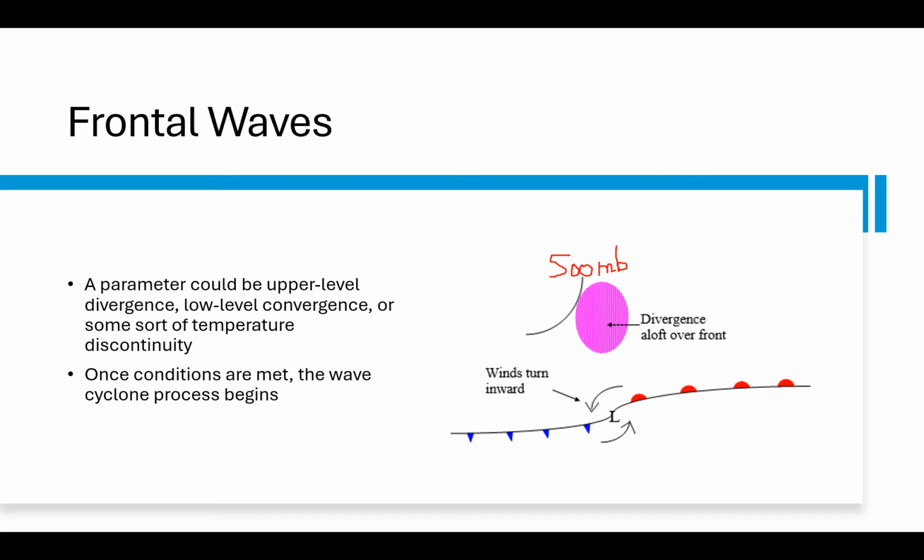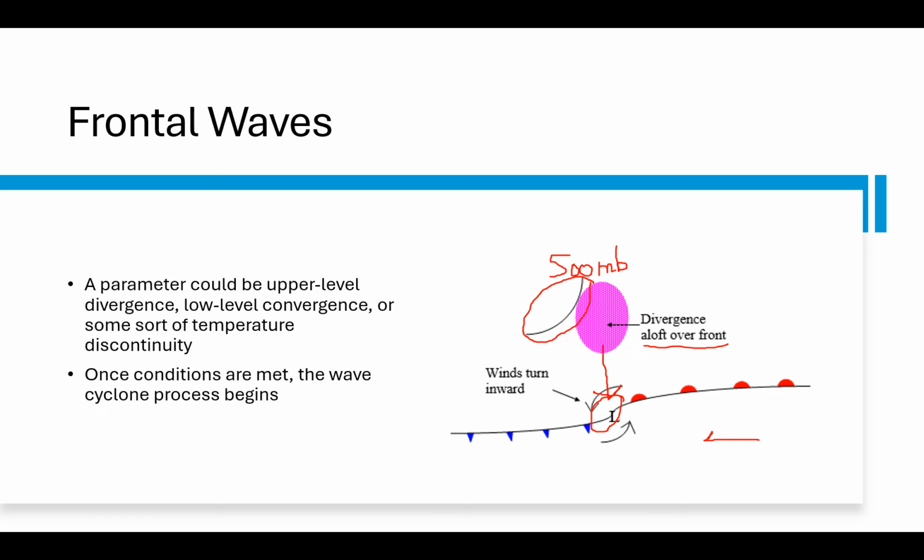So this solid dark line here represents your shortwave trough axis. Remember that divergence aloft is going to occur out ahead of the shortwave trough axis, okay? That's that pink magenta color here. And notice how that PVA, or divergence aloft, is directly on top of this wave as it develops at the surface. So we have a black L, which represents your low pressure. We got an area of upper level divergence. Upper level divergence, that chimney effect, is going to basically result